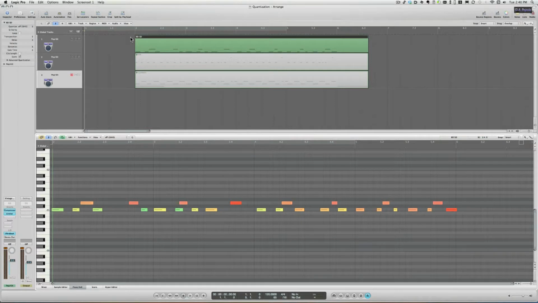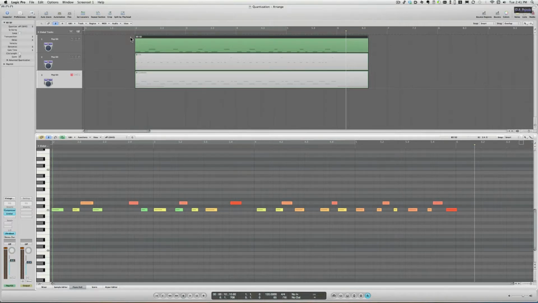Let's play the first track by itself with the click. As you can hear, the track was played pretty loosely, and we definitely need to apply quantization to make it